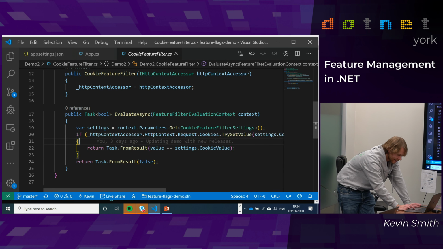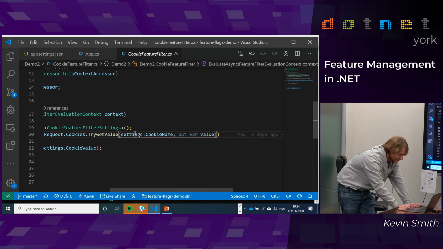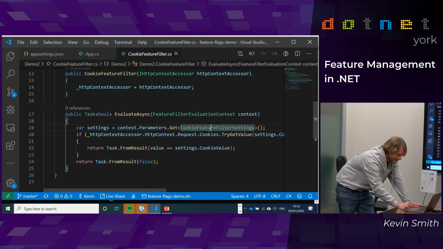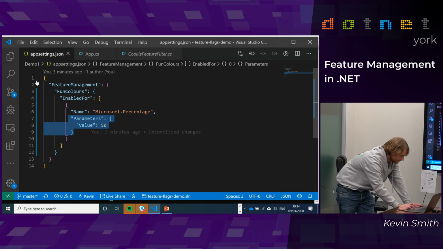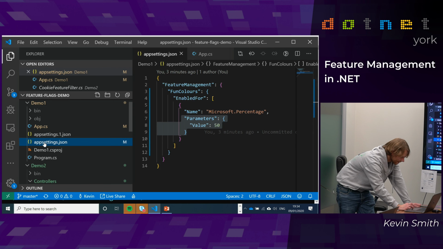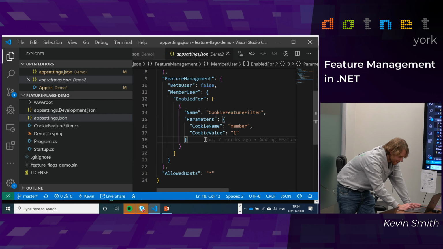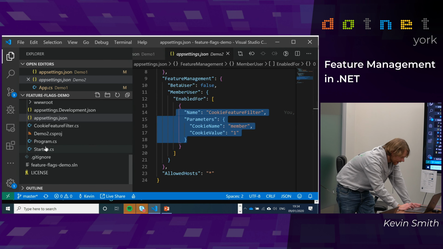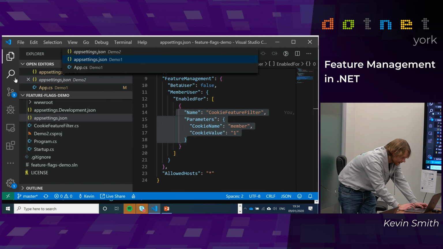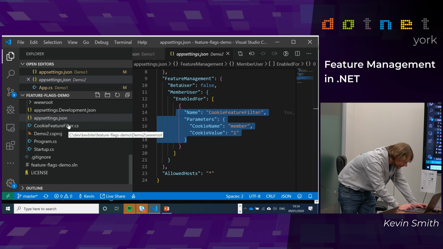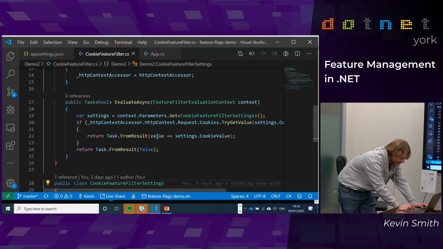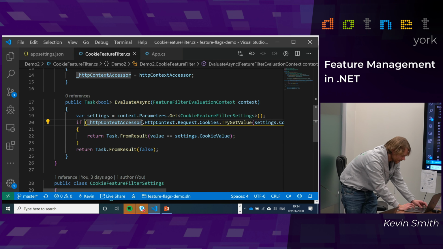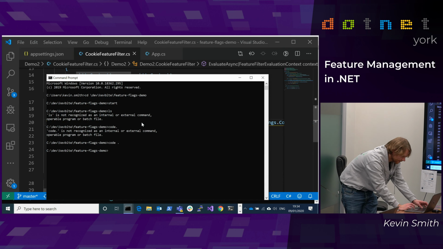So all this does is try to get a cookie value based on a cookie name, which is based on some settings. So I get a bunch of parameters from the configuration. So that's these things. In the wrong config file. Back to this one. So these are the parameters here. And then it just checks those values if they're set. So if their value is set to the value you expect in the cookie, then it returns true, else it returns false. So if we run that demo,